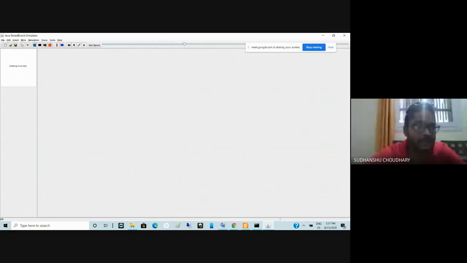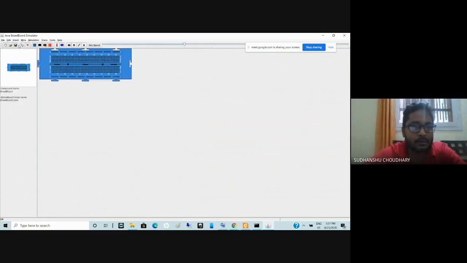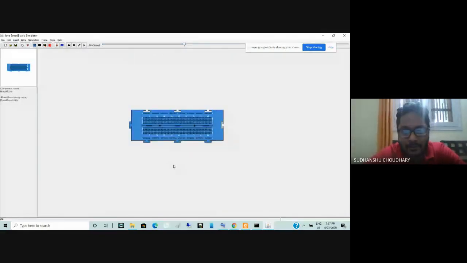In fact, I think I have already shared. So here, for example, you can insert a breadboard by pressing this insert tab, and then pressing at the breadboard. So you have breadboard here now available. So similar to the breadboard that we have talked about, here also you will find the top line which has horizontal connections, the bottom line which has also horizontal connection, the mid two lines have vertical connections.